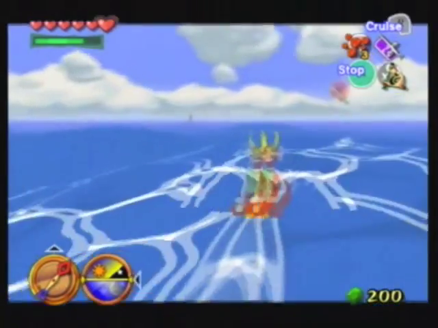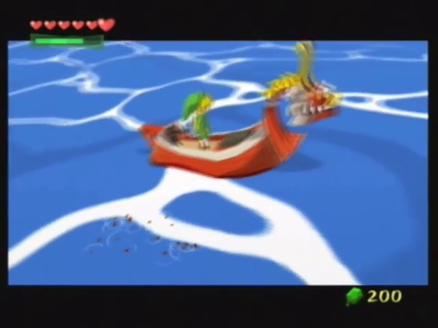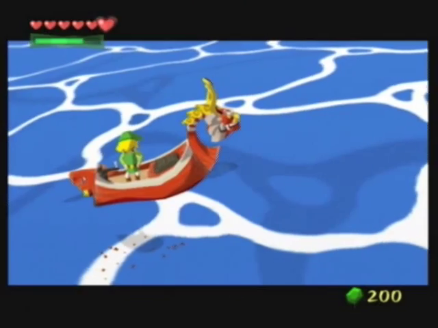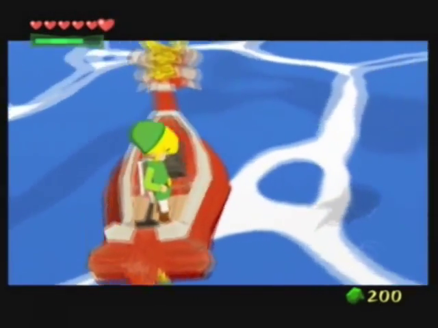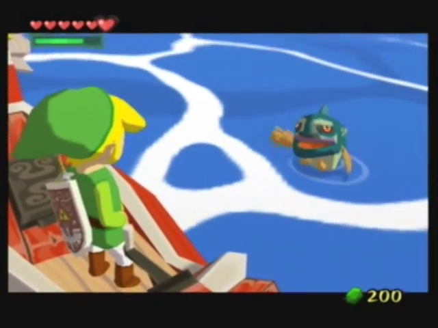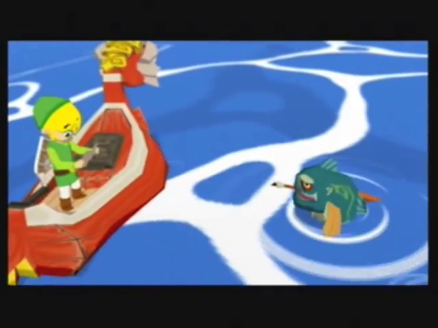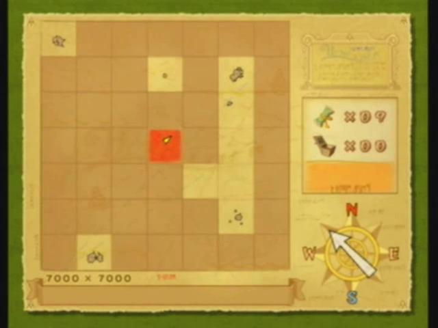So going northwest directly from the Forest Haven, we have come across this island, which is actually located dead center in the middle of the Great Sea. 6-Eye Reef. We're getting it charted right now. There really isn't anything you can do on the island itself. However, there is something you can do in its quadrant,